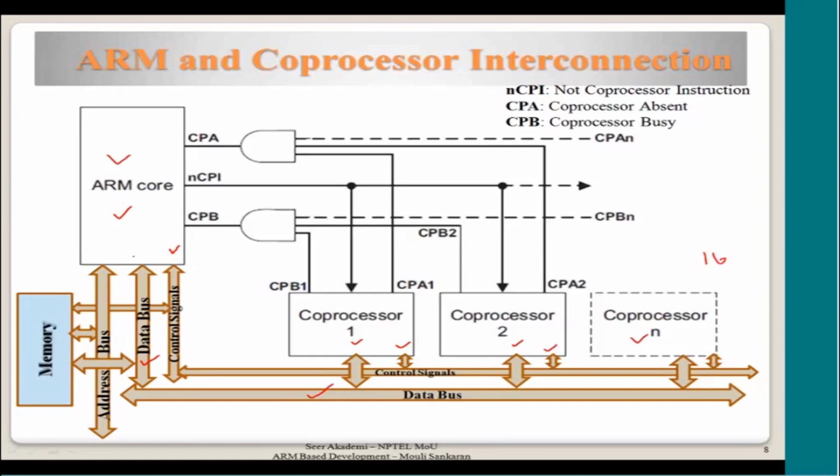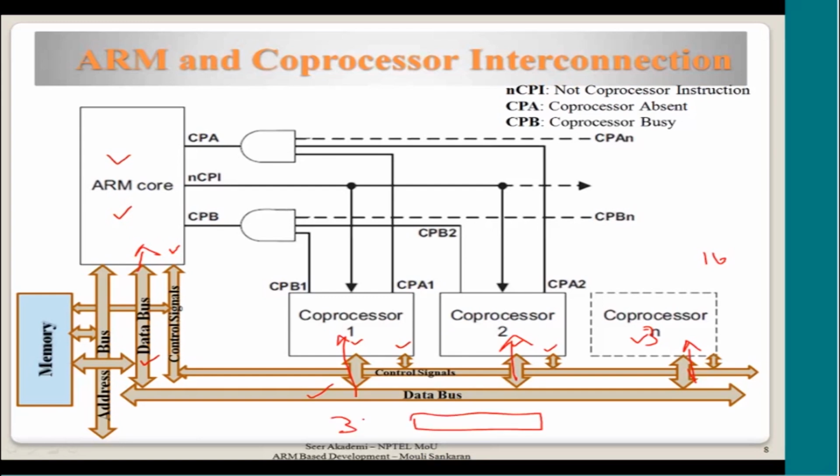Okay, so ARM is also reading an instruction, and at the same time the same instruction will go into all the coprocessors. Please remember, let us assume that there are 3 coprocessors. We will call this coprocessor 3. Then when an instruction is fetched, it is going into the ARM core as well as to all the coprocessors. And if it happens to be a coprocessor instruction, it may